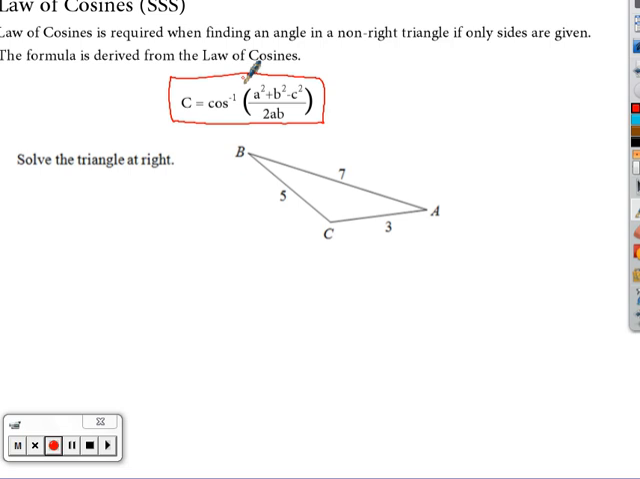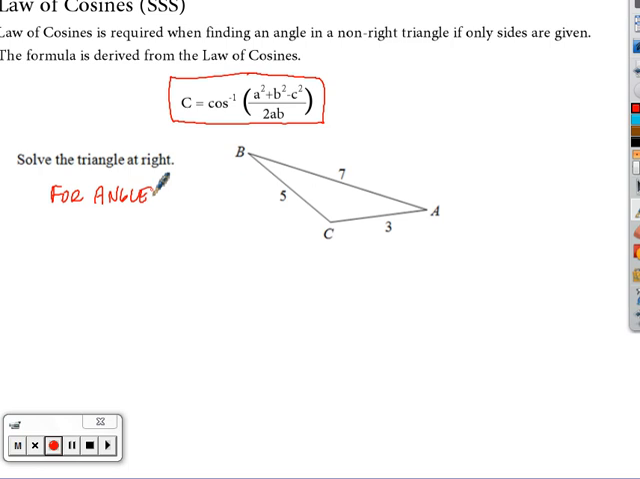However, if you have side, side, side, and you're looking for an angle, this formula fits a little bit better, and it hopefully helps you in the solving process by avoiding some mistakes that could come up. So let's just say in this particular example, we won't solve the whole triangle, because I don't want to continue to solve with law of sines, but let's just say we're solving the triangle at right for